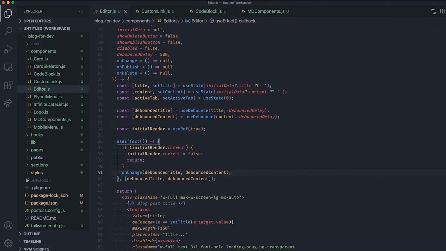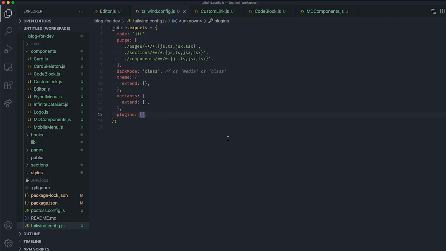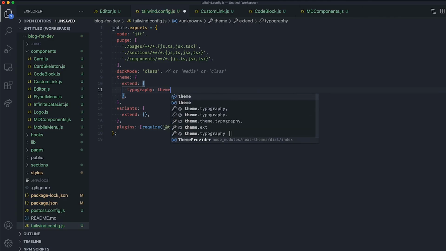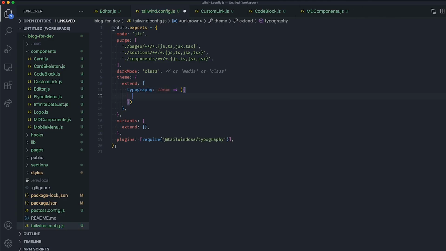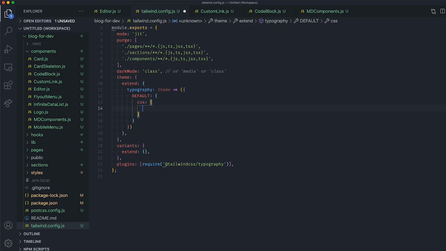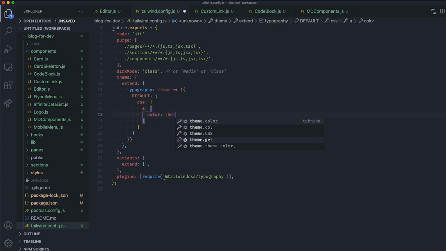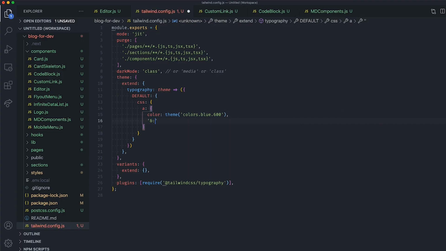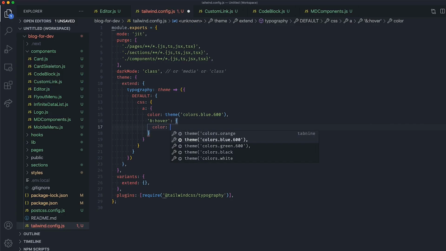Now that we have everything in place, let's use Tailwind CSS to style the blog post content preview. So open your Tailwind CSS config file, and inside the plugins section, import the Tailwind CSS typography plugin. Next, extend the theme section by adding the typography key and pass a function that accepts a theme argument and returns an object. We will use that function to define the default style for some elements of our typography section. So define the color of the a tag as colors.blue.600 from the default theme provided by Tailwind CSS, and set the color on hover as well with